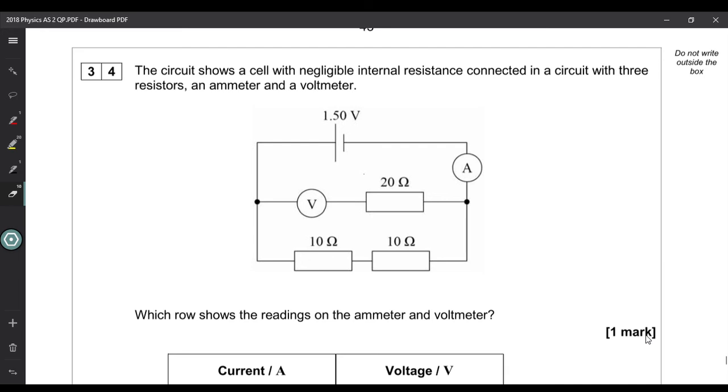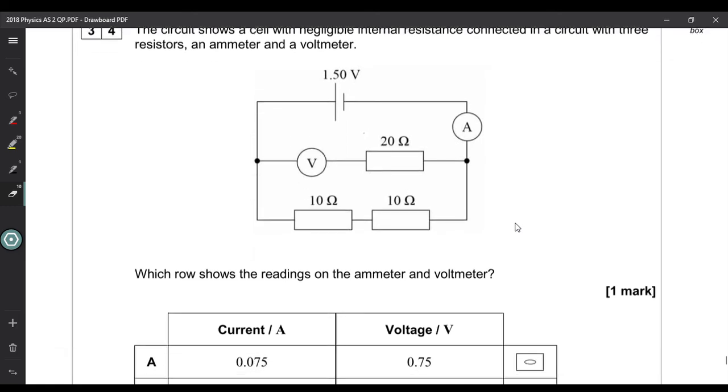So question 34 gives us another diagram showing a circuit with a cell with negligible internal resistance connected in a circuit with 3 resistors, an ammeter and a voltmeter. And it's asking which row shows the readings on the ammeter and the voltmeter. So the first thing we can see is that the voltmeter is connected in series along this branch. Now we know that